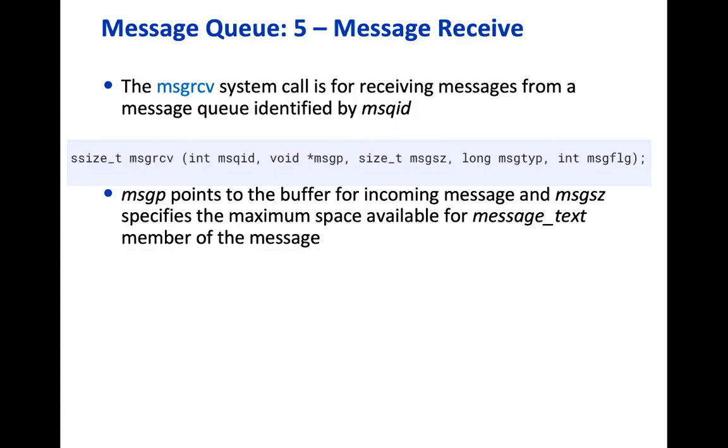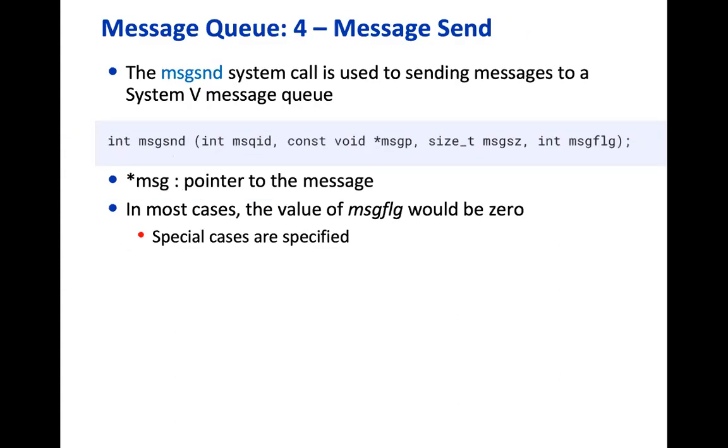Sir, in the message send function, the MSQ ID is the ID of the message queue where we want to send the message, right? Yes. And what is the MSQ ID in the receiver? Same MSQ ID, because the receiver will also generate it.